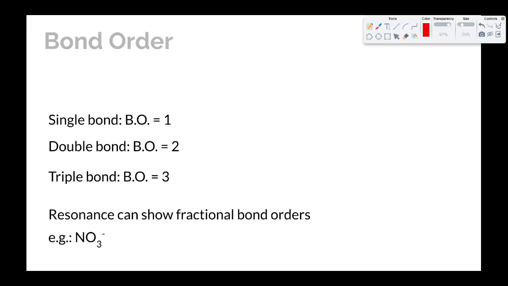Very last concept. A single bond is considered to have a bond order of 1. A double bond is a bond order of 2. A triple bond is a bond order of 3. And resonance can show fractional bond orders. So if we recall, an NO3 ion looks like this,